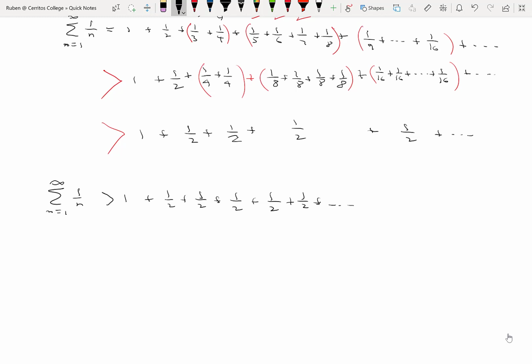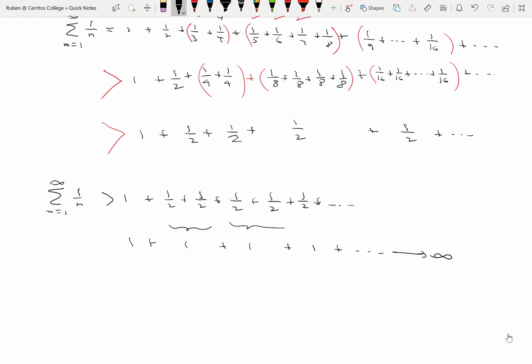If you're not sure about it, look at what it equals. 1 plus, what's 1/2 plus 1/2? 1. Plus, what's 1/2 plus 1/2? 1. Plus 1, plus 1, plus 1, etc. I have 1 plus 1 is 2, plus 1 is 3, plus 1 is 4. This series diverges. If you have a series in which you just keep adding 1,